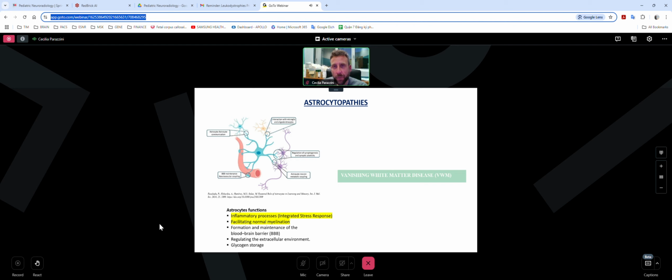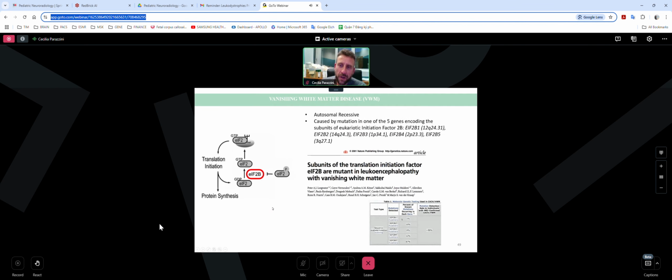Another condition which is in the group of astrocytopathies is vanishing white matter. As we said, astrocytes are important for inflammatory processes, not only the production of interferon alpha, but also the response to stressor agents. And also, they are very important to facilitate normal myelination. And these two functions are